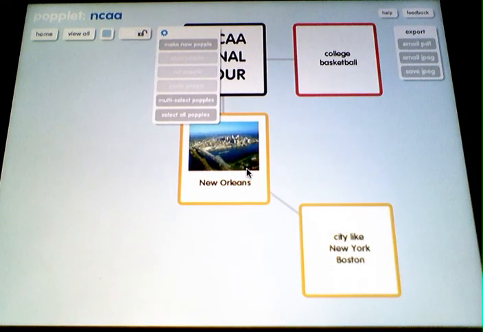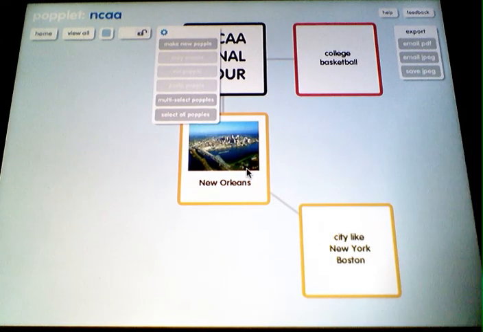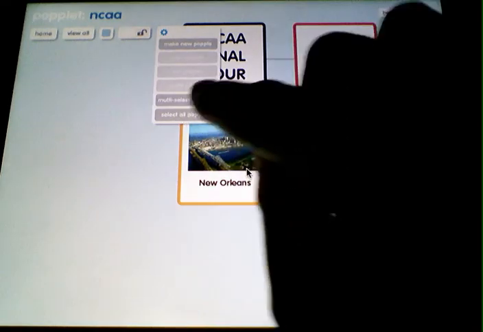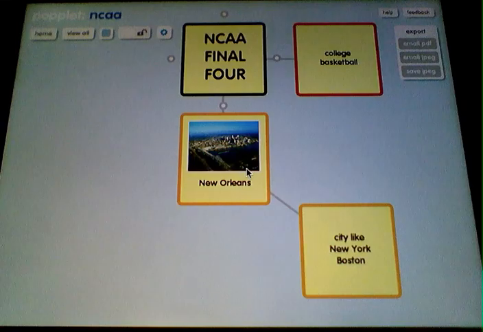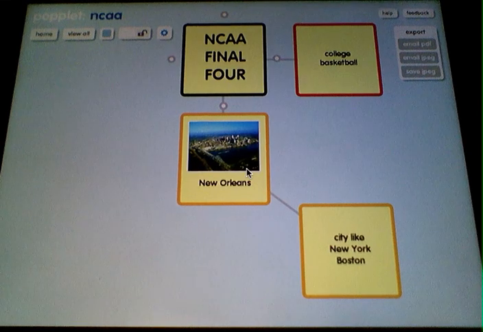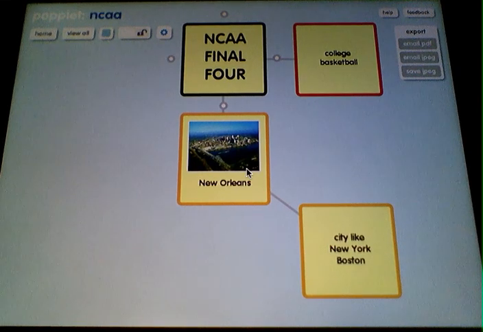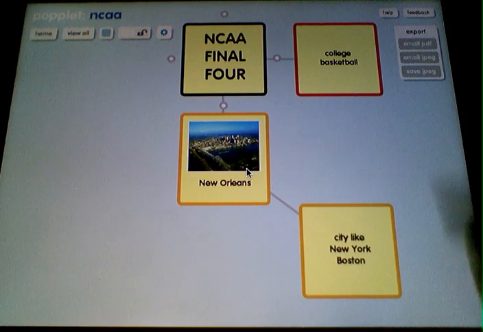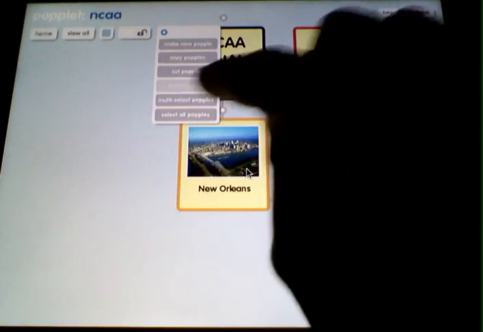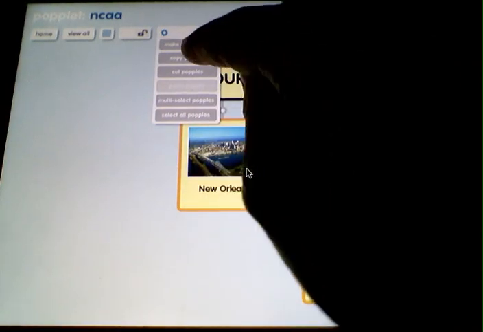It's also important to note that you can use this little gear menu, and you can create a Popplet activity that could be a template for something else. So particularly if you're using like semantic feature analysis, you could create all of the different categories and features in little popples and then save that as a template and just continue making a copy of it. Okay, so I just made a copy of this entire thing, though this is not really a template. Then, yeah, I selected all the popples. Now I'm going to copy them